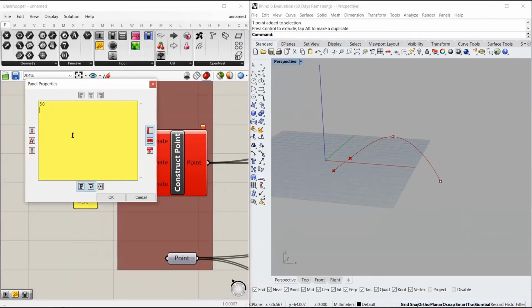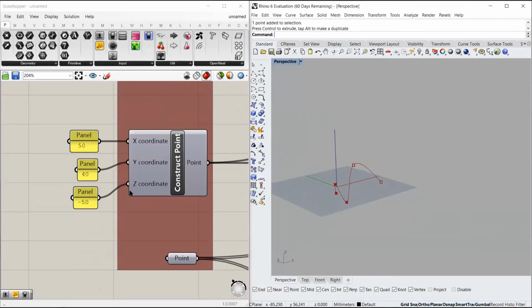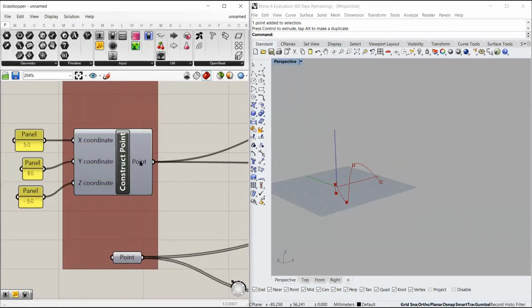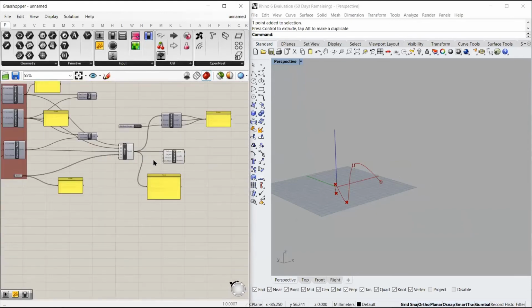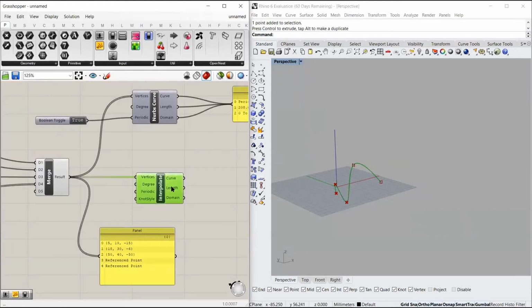So I have to correct this. To correct this, double click it again, go back and press OK. Now it works smoothly, and it again changed to a gray color. That means it is working perfectly fine. So this is the difference between a NURBS curve and an interpolated curve.